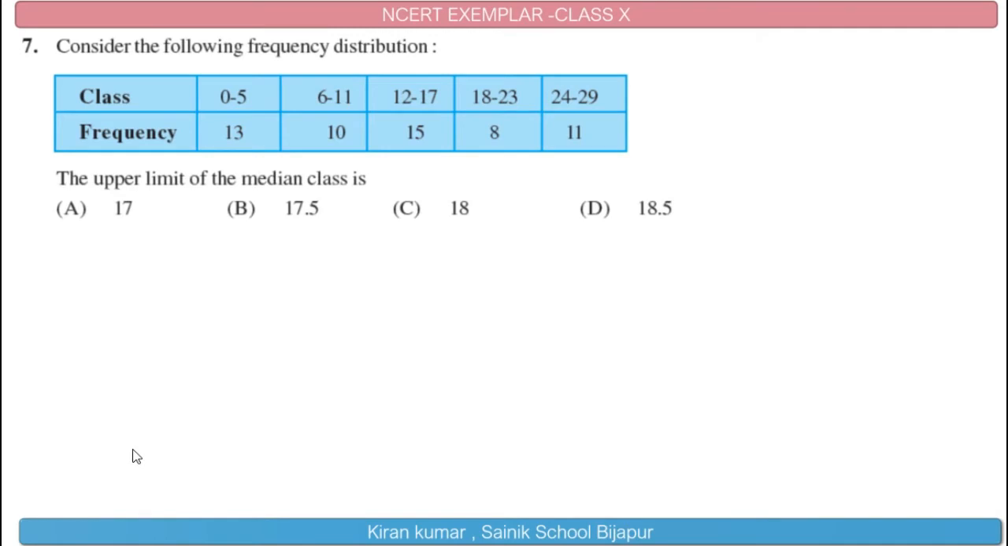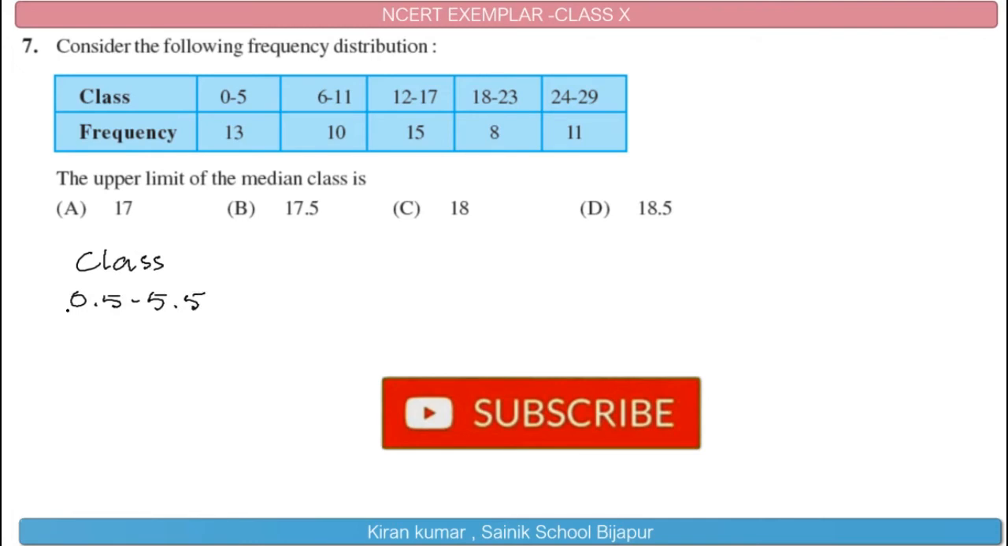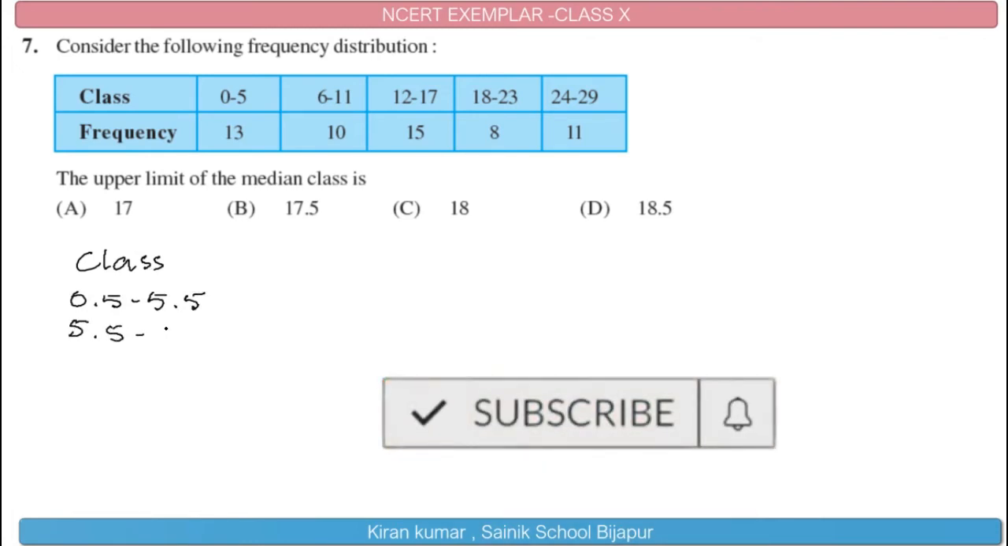Question number 7. Consider the following frequency distribution table, and we need to find out the upper limit of the median class. Upon observing, you will come to know 0 to 5, 6 to 11, they are not continuous. It is not exclusive type. We need to make this inclusive type into exclusive type. So I will write the class as 0.5 to 5.5 and followed by 5.5 to 11.5,